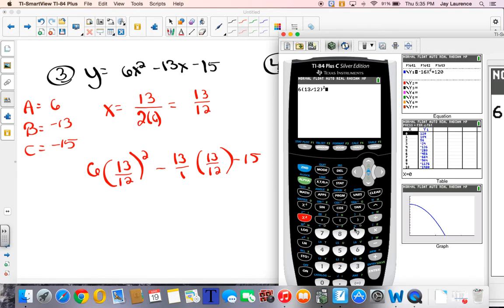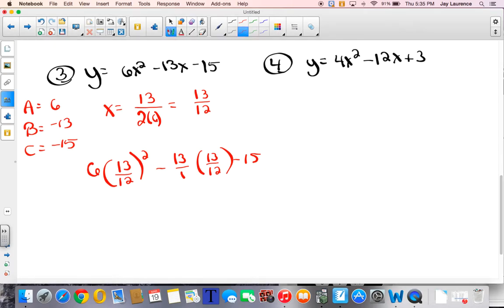A fraction bar is division, right? You know this. Minus 13, quantity, 13 twelfths. Close that quantity, and we'll take away 15. And when we do all that, we are going to get, ooh, a very strange answer, but it's okay. We're going to round that to the nearest hundredths place, so we're going to get that y equals negative 22